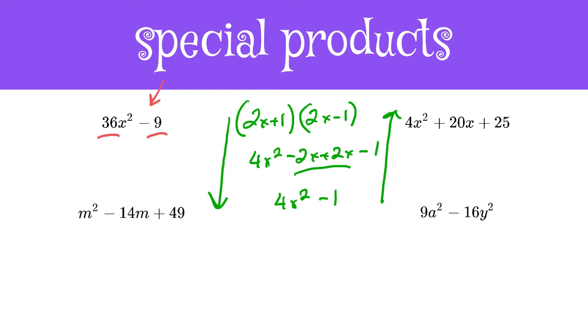So yes, you can use product and sum with this. The sum would be 0. So in this case, a product of 36, a product of negative 9, and a sum of 0. And you can do the same pattern that we just did in the previous slide. However, since you know it's a difference of squares, and you recognize that this pattern is how to factor it,